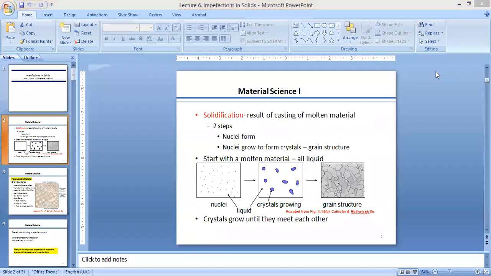What we looked at last week with imperfections, they also influence a number of properties. One of the properties we looked at was the electrical properties of materials. So we found that imperfections actually increase resistance in materials. Okay. So there are a number of imperfections that we're going to look at just briefly, then we'll move on